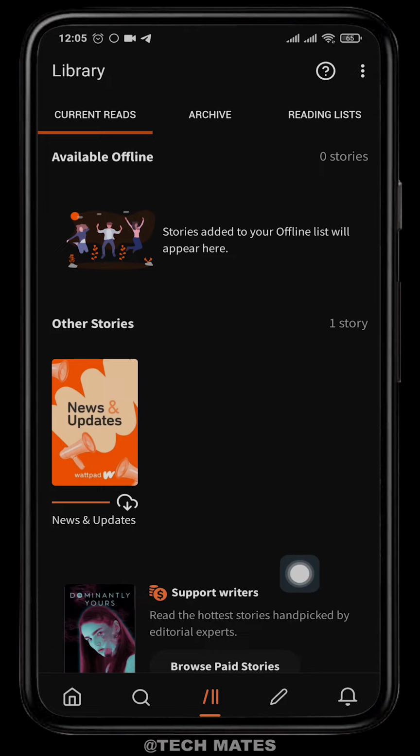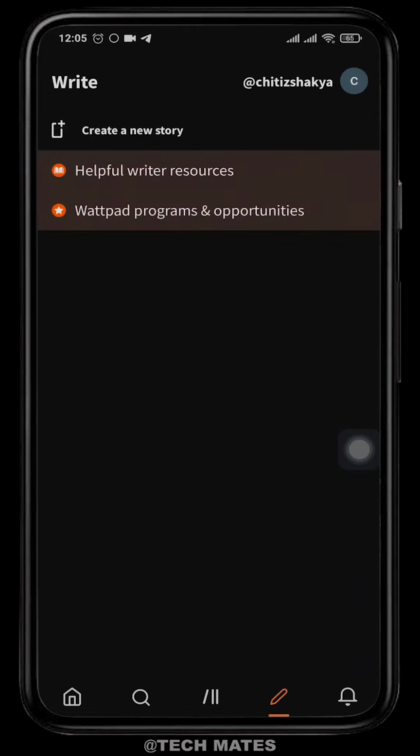Now if you tap on this pencil icon, here you'll have the option to create your own stories. So Wattpad is a popular platform where you can also write and create your own stories. If you tap on create a new story,